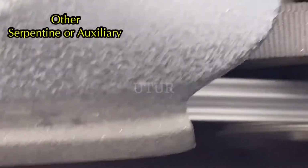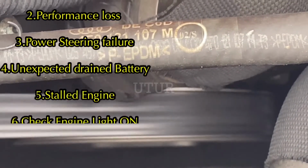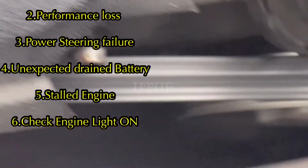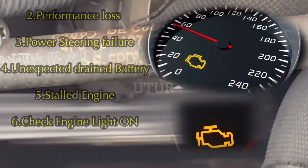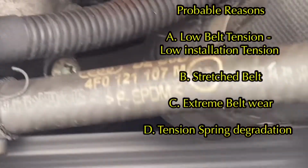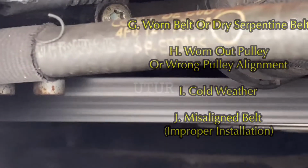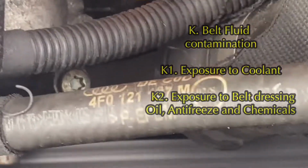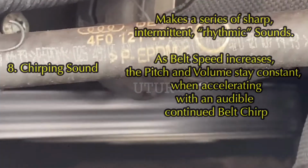Other signs that are symptomatic of a failing or declining serpentine belt are performance loss due to an unexpected drained battery, power steering failure, or a stalled engine. Another sign could be that your engine light is on, a squealing sound coming from your drive belt, a chirping sound coming from your drive belt,